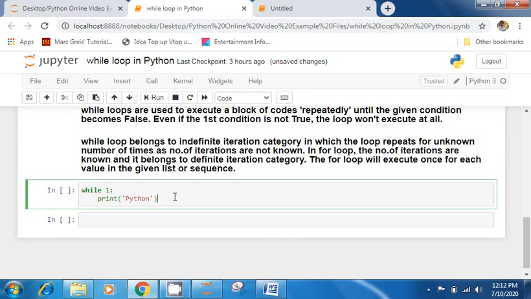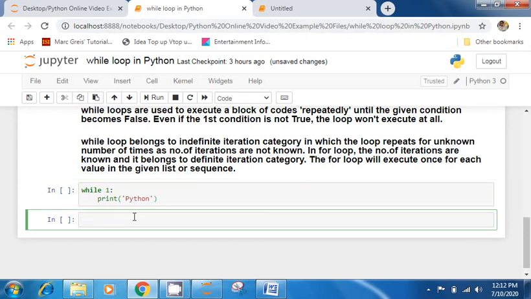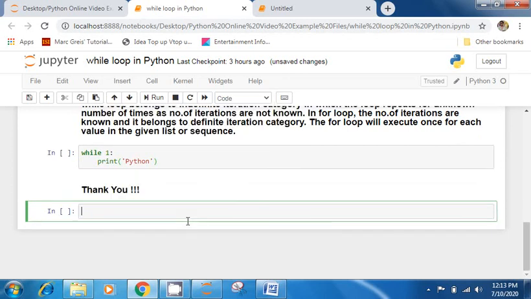Okay, so this was all for this tutorial about while loop. In the next lecture we will see some programs using while loop, and similar to for else in for loop, while else is also present. And in the next lecture we will see how to use while else loop with break, and how to use while else with continue.